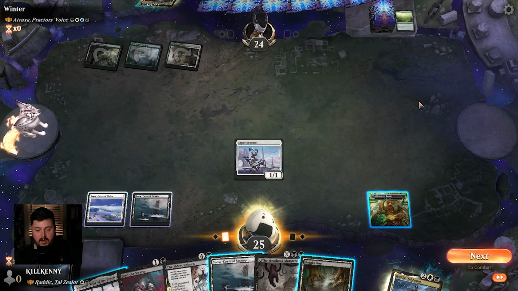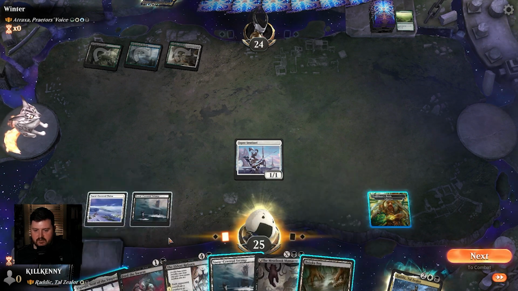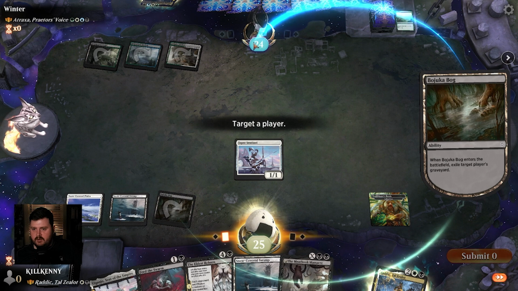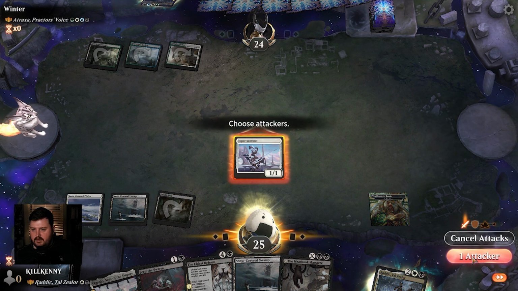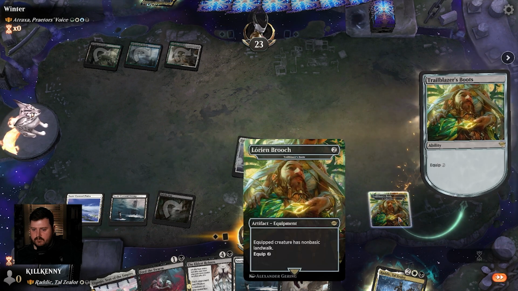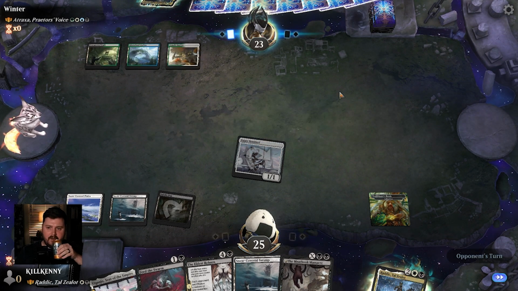I'm a-okay with that. Let's see, do we want to throw down the Bojuka Bog now? There's not really any 3-mana things we can do. I think it's probably safe to throw that down. And then attack. And... No, you know what? I want to keep up removal. Even though we can't hold priority now, I guess, but...